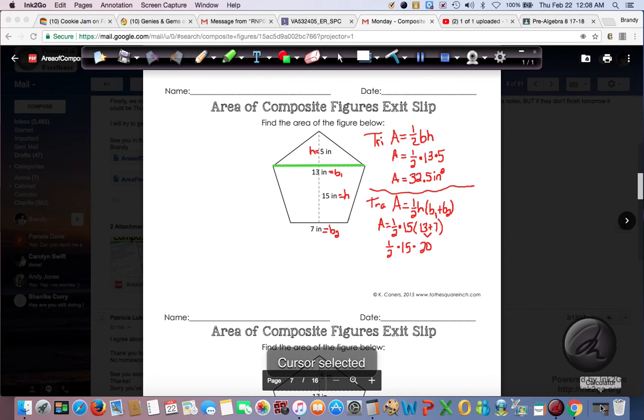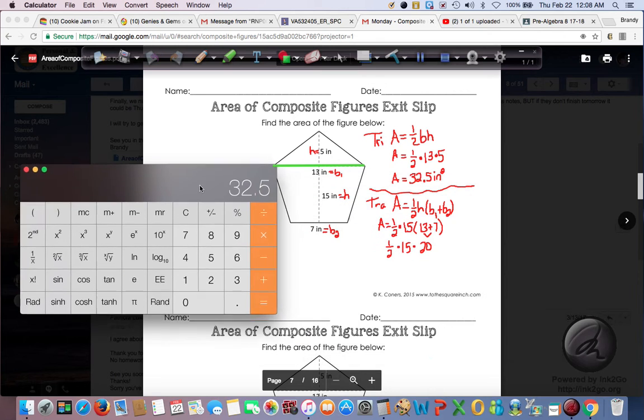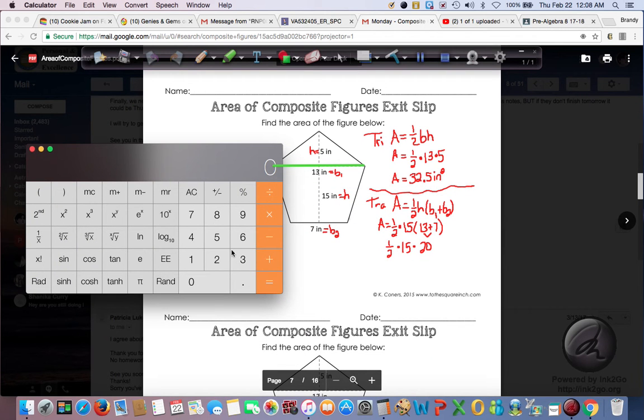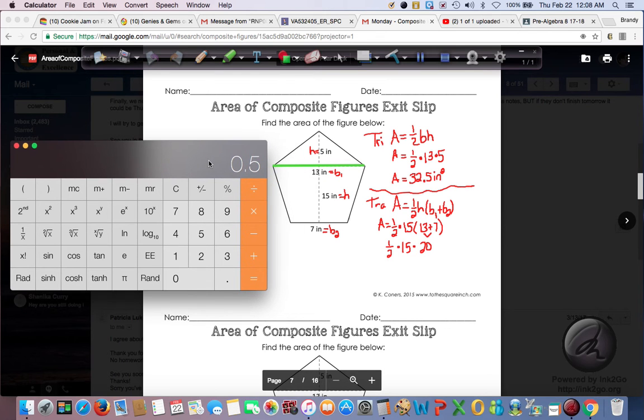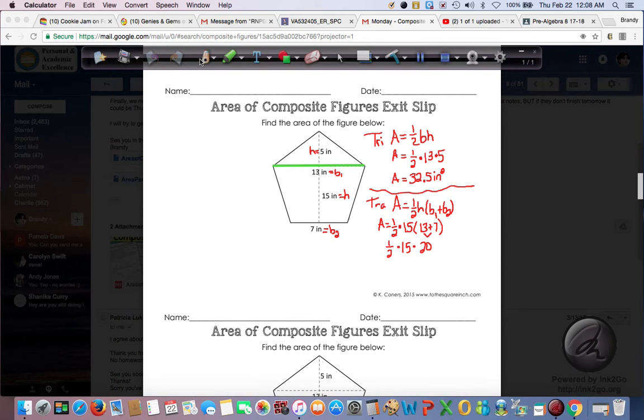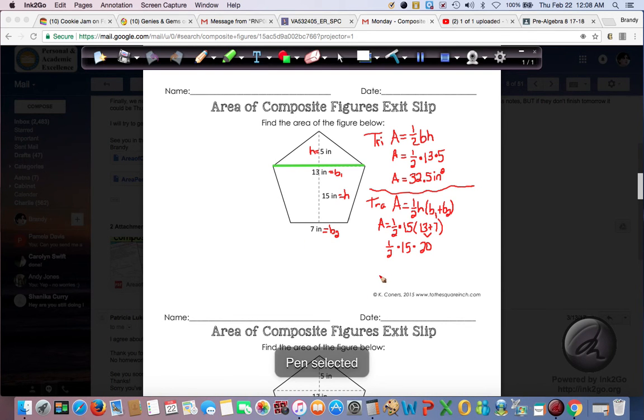So let's grab our calculator. We're almost done, just a couple more steps. And let's find the area of my trapezoid. 1 divided by 2, 0.5 times 15 times 20. So the area of my trapezoid is 150 inches squared, 150. So area equals